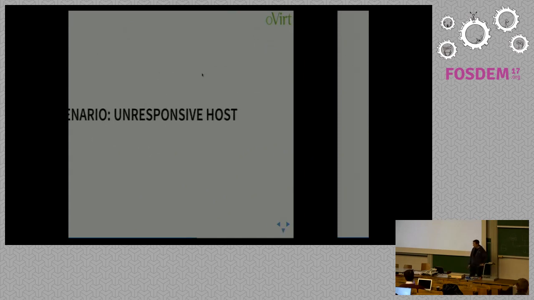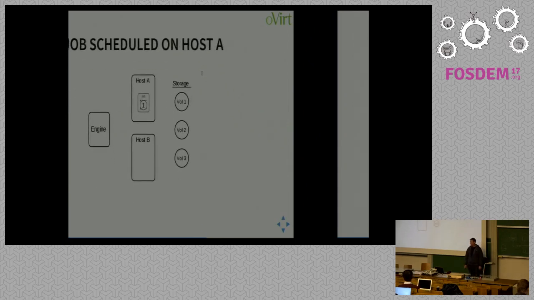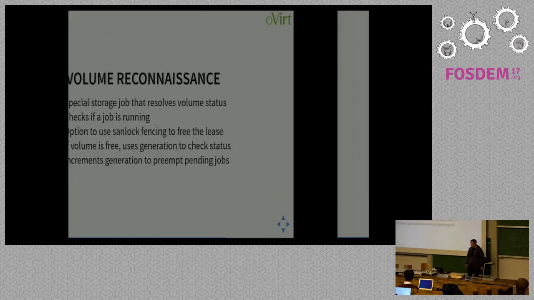So that's all fine and good, but let's see what happens when a problem happens. We're going to begin again with a job that's scheduled on the host, and just noting here, we're using generation 1 for the volume. This is the expected generation. Then during monitoring, something bad happens. We're no longer able to talk to the host. So at this point, we have no idea if it's powered off. Is it talking to the storage still and continuing to write to the volume? No idea whatsoever what's going on. So we have to figure out what's going on.